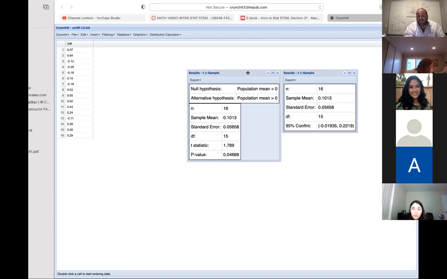It's hard to predict when it happens in advance, but we do get that prediction sometimes that one way we get one result and another way we get a completely different result. But again, the confidence interval approach says do not reject because 0 is in there, although it's barely in there. And the t-statistic approach says we do reject because the p-value is too small, although again, it's barely too small. So when you're really close to that border, there are times that the conclusions are a little bit different. Now, on your calculator as promised,